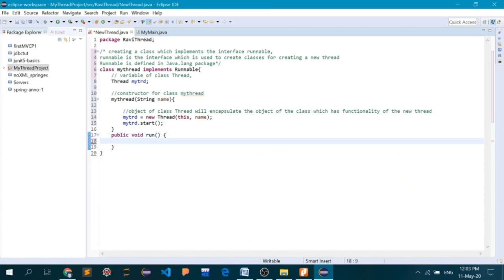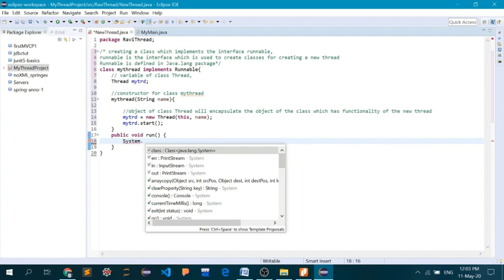First I will write a command which signifies that I am actually inside the new thread. Let me again tell you, after calling the start method, the method run starts executing itself.